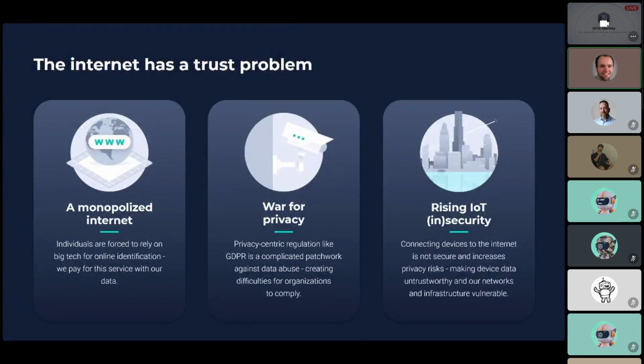Devices from other companies are not trusted, and therefore we really don't utilize IoT to the extent that we could. So if IoT devices themselves could also be trusted more, and the security of these IoT devices can also be increased, the whole idea of IoT actually might start to come more to fruition.